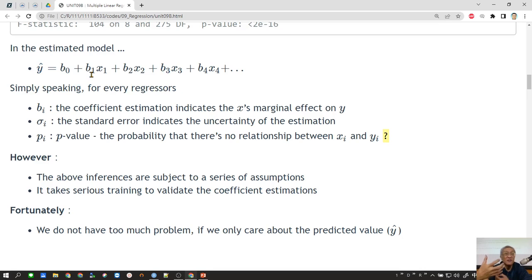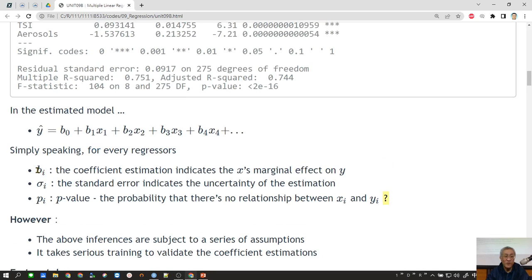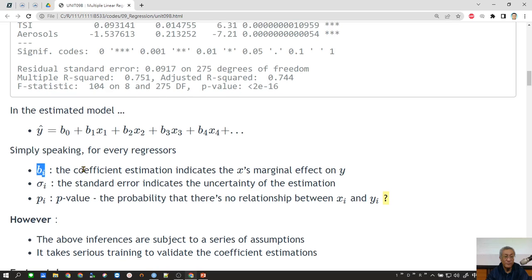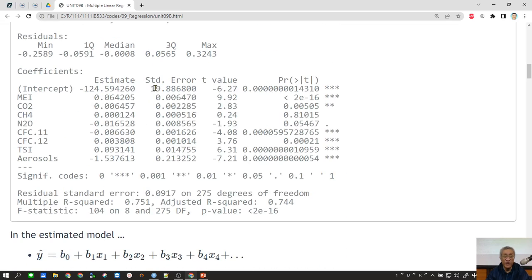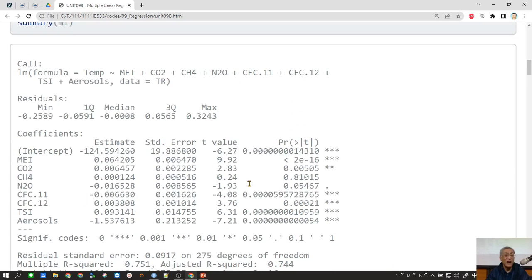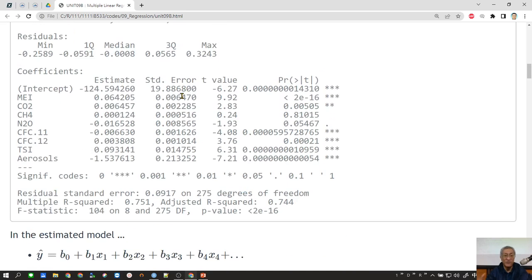So the coefficient, somehow we can interpret them as the marginal effect of each of these x toward the prediction value of y. Okay, so as you can see, b is actually the estimation, the coefficient. And along with this coefficient, there are standard error and there are p-value here. I already told you that standard error is the uncertainty about that coefficient, and the p-value is actually telling you,